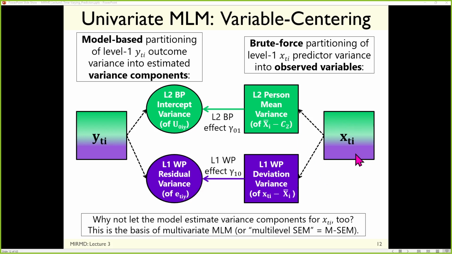The reason to do it this way is entirely based on software, because the model only has one outcome. So we can't tell it to partition the variance of x and then have x predict y. We could hack univariate software to make circles for both of them, but then the only way to let them be related is to have covariances instead of slopes. That limits the kinds of questions that you can ask. So for now, boxes.